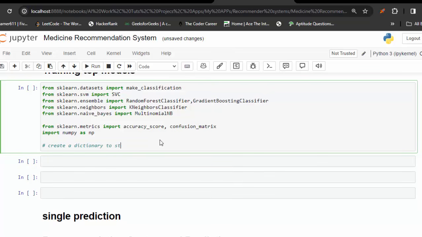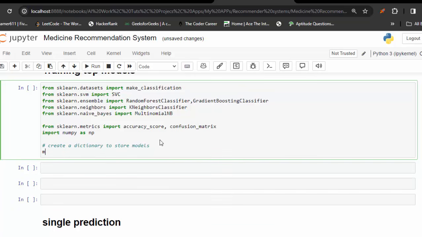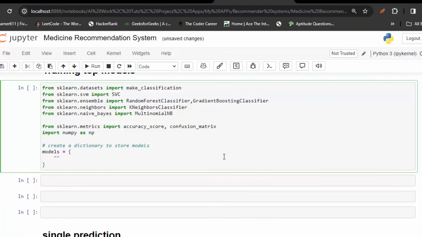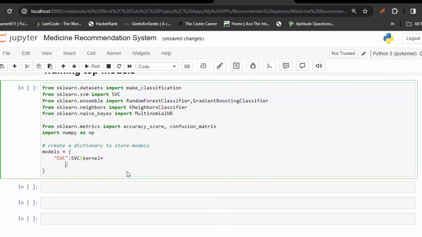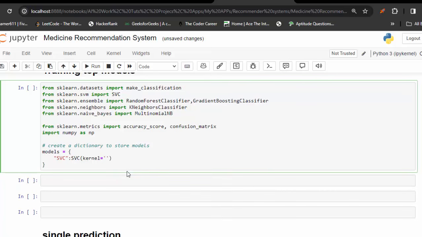डिक्शनरी टू स्टोर मॉडल्स, और इसको मैं नाम देता हूँ मॉडल्स। अब डिक्शनरी इस तरह बनाते हैं। डिक्शनरी में एक होता है की, एक होता है वैल्यू। तो की होगा अपना मॉडल का नेम और वैल्यू में मैं हर मॉडल डालूंगा। तो पहला है सपोर्ट वेक्टर, और इसमें मैं कर्नल रखूंगा लीनियर, क्योंकि सपोर्ट वेक्टर के दो टाइप्स हैं, एक है लीनियर सपोर्ट वेक्टर मशीन्स एल्गोरिदम और एक है नॉन लीनियर। अब ये जो डेटा है ये मोस्टली लीनियर है, सो मैं यहाँ पे कर्नल रखूंगा लीनियर।